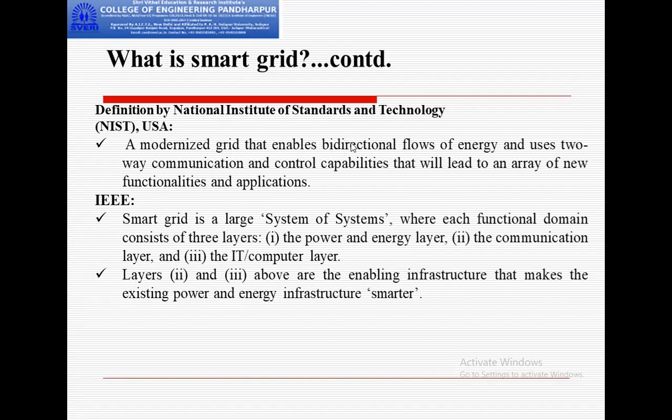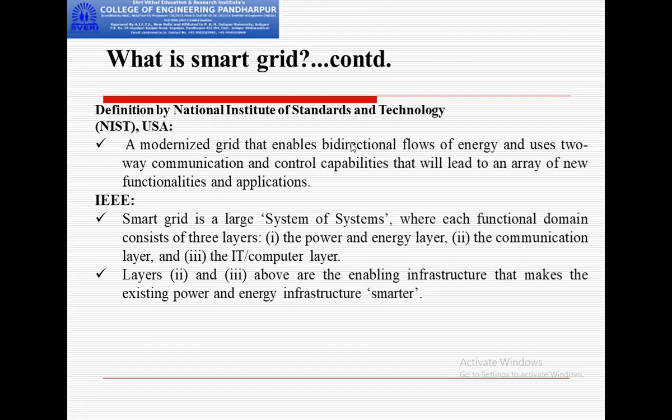A modernized grid that enables bidirectional flow. As we saw, the existing one is unidirectional. Bidirectional means two-way. The word itself is saying bidirectional. Unidirectional means one way. Like a road, in roads we can say one way and two-way. Now two-way is what? Bidirectional. Flow of energy, and uses two-way communication and control capabilities that will lead to new functionalities